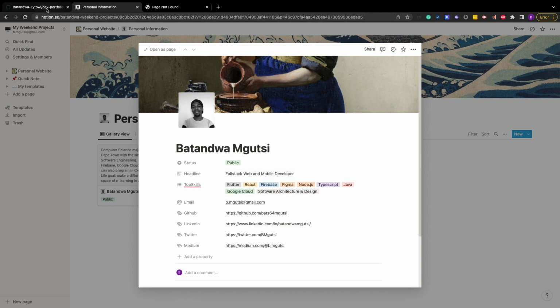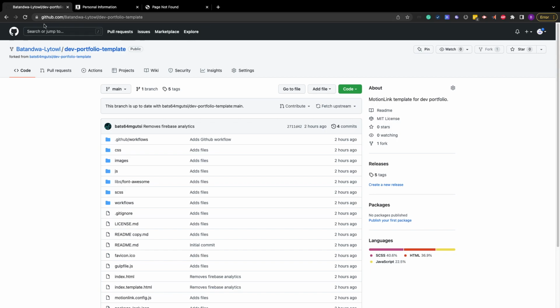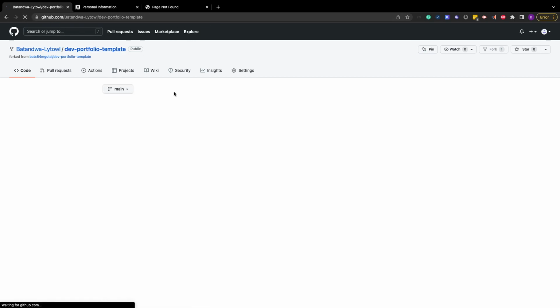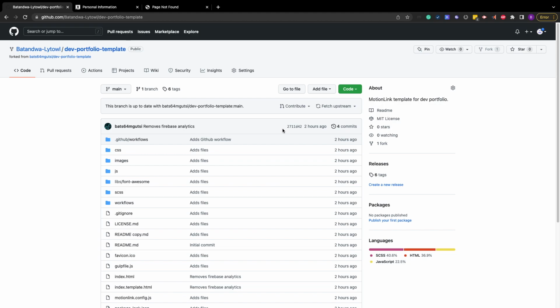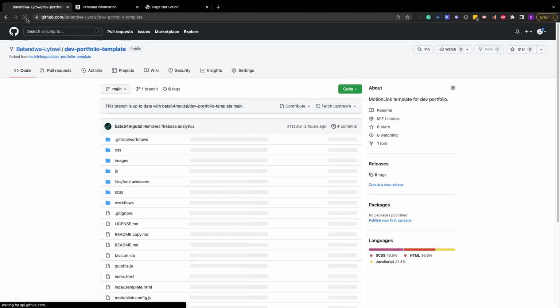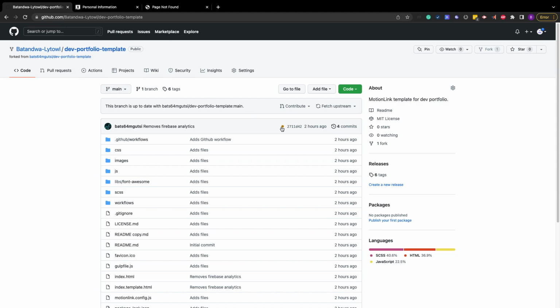Now if you go back to your GitHub and refresh the page, you're supposed to see an orange dot next to your site. Okay, still not showing. Let's see one more time. There we go. So next to your site, there's supposed to be an orange dot there. When that finishes successfully, and it's supposed to finish successfully because this code is basically working, your website will be live, and you'll be able to